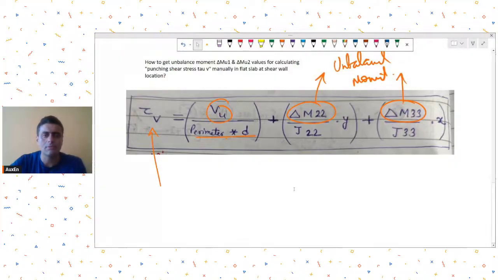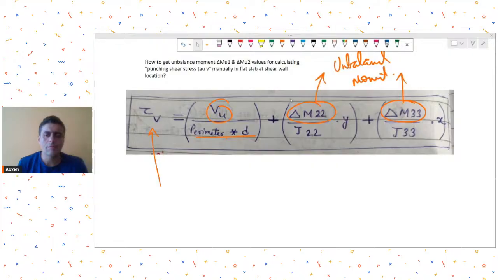that unbalanced moment? So anyone in the live audience who has faced this problem, where they had modeled a shear wall, and then the software was not giving them the results. So what are you guys doing over there? Hello. See, one thing is people take directly the shear stresses. Okay. In some cases, engineers just directly look at the shear stress being given by the software and compare it with the tau c value for punching,